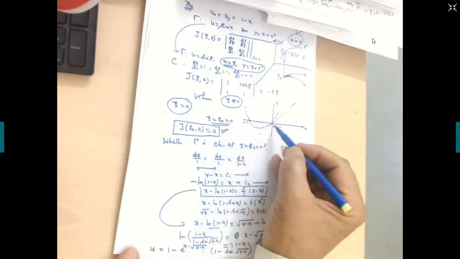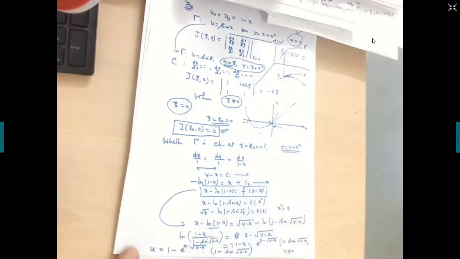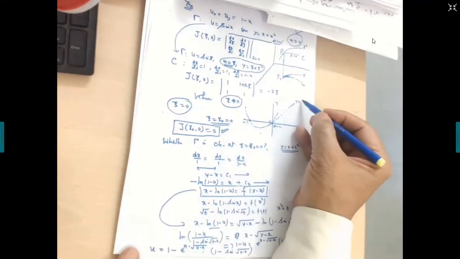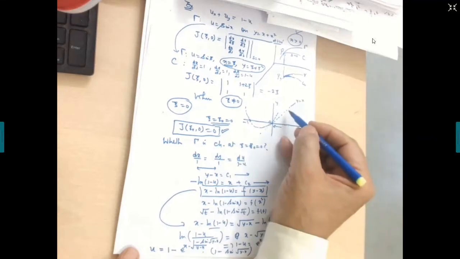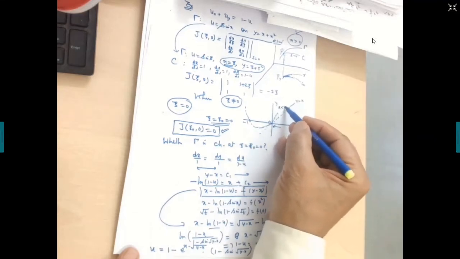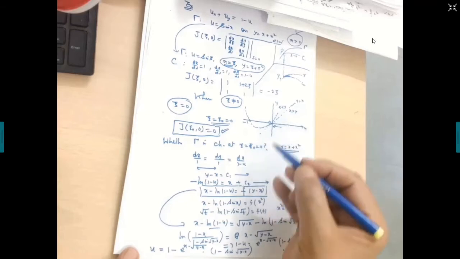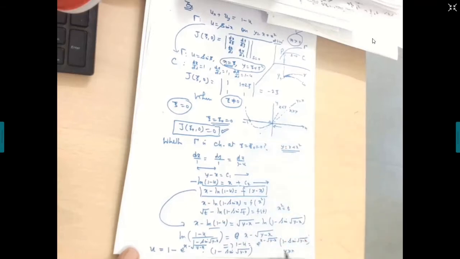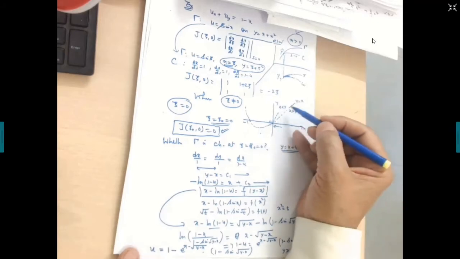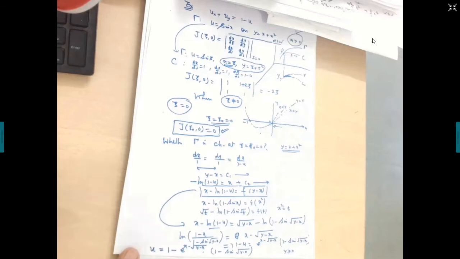This is your minus 1. This is your 0. This is the line y is equal to x. So here x is less than y, here x is greater than y. It is very clear from the expression that for y greater than x, the solution exists. In this region, the solution exists. Is that right? So now we have to see what happens to the solution.